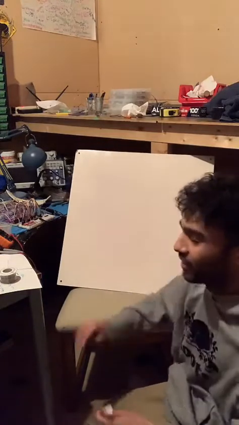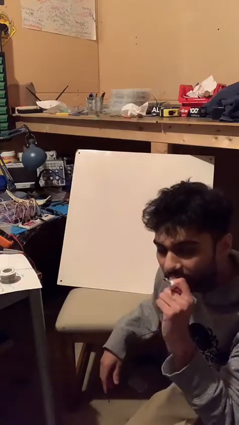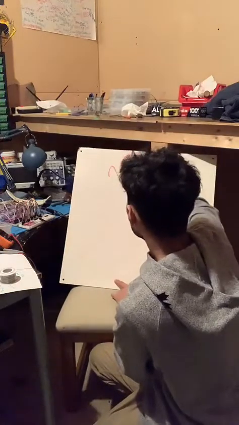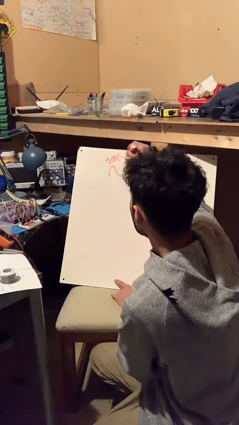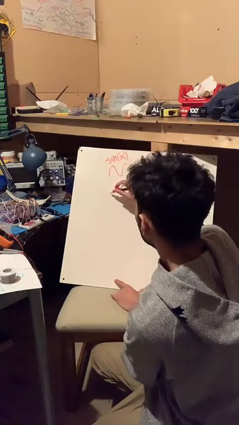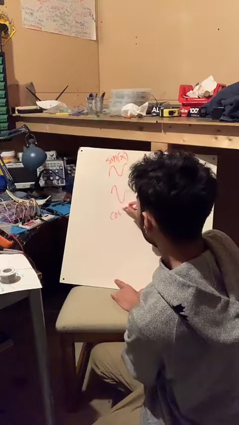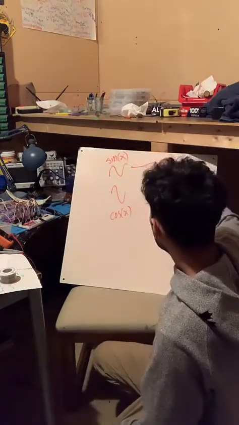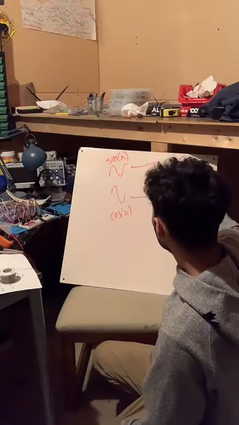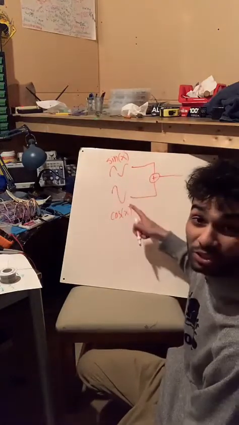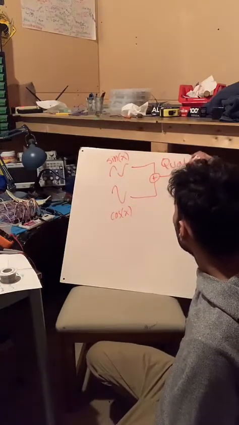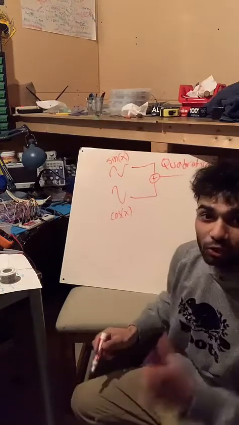But what do Wi-Fi and Bluetooth and TV cable do? How do they do it? This is what they do. Okay, imagine I had sine of x, and let's say I had cos of x. Imagine I had two signals, and I take the signals and add them. If I take a sine wave and add it to cos and it spits something out, this is called quadrature.